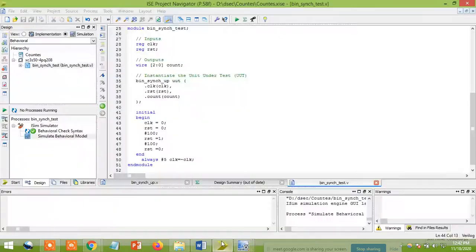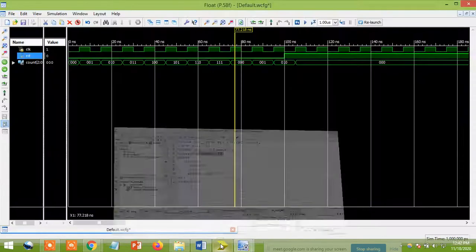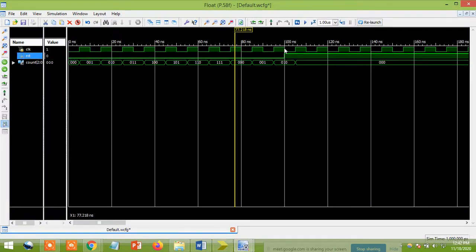You wrote the program here so that it changes only at the rising edge, the positive edge of my clock signal, right? Then it will change only at the rising edge of my clock signal. See, this is a falling edge. It will not change here. It will wait. Even though my reset value is 1, only 0, 1, 0 will happen here, and it will wait for the rising edge. At the rising edge, the value becomes 0. Carefully you observe that. That is the difference. The synchronous counter does not depend upon your reset. It totally depends upon your clock edges. So 0, 1, 0 means I'll get 0, 0.